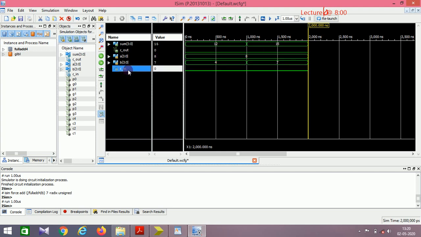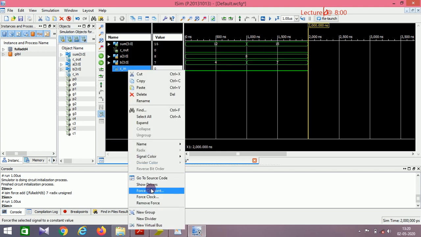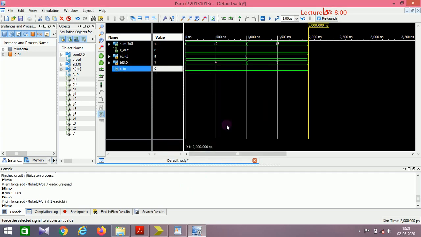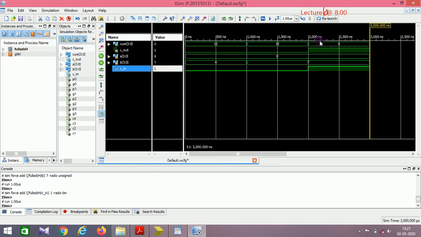Now I force the carry in to check the carry overflow. See, when Cin is made 1, 15 plus 1 would be 16. So what happens during 16? Your least significant 4 bits will be stored in the sum, that is 0. The most significant bit will be a carry overflow, so that's why Cout becomes 1. So 16 cannot be represented with a 4-bit value, so that's why it is representing it as sum equal to 0, carry equal to 1. So this is your carry lookahead adder.